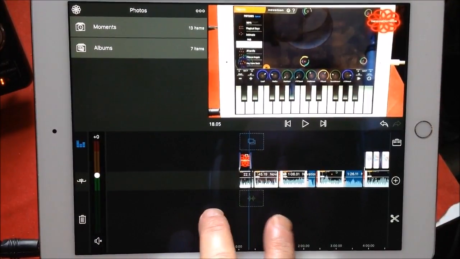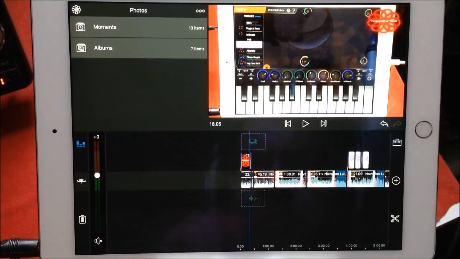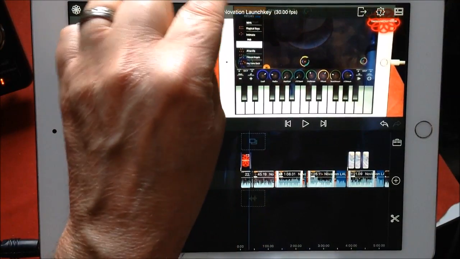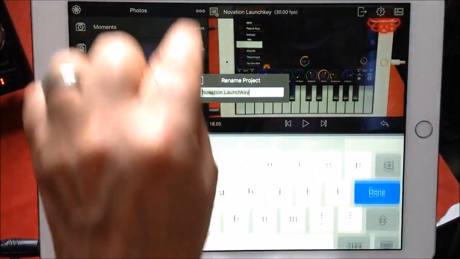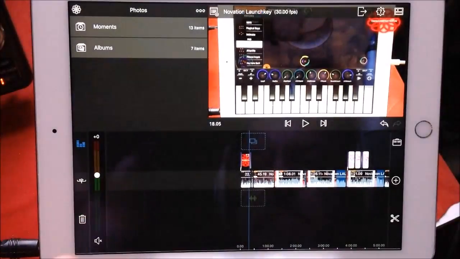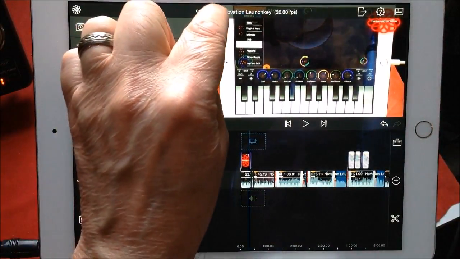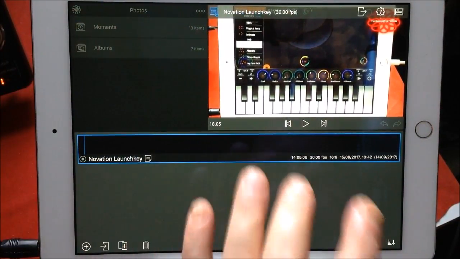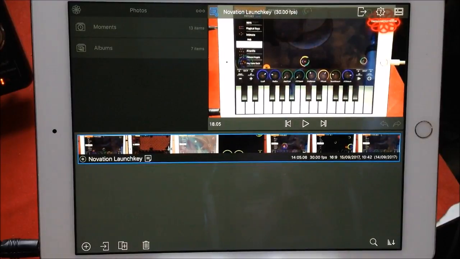So let's see. Okay, so projects, they're automatically saved. Okay, so you don't need to worry about naming them and saving them, but you can name them. Just tap on it there and you can rename it something. If we hit this little button here, we go to where our projects are stored. Now, the cool thing is I can now archive, I can export this